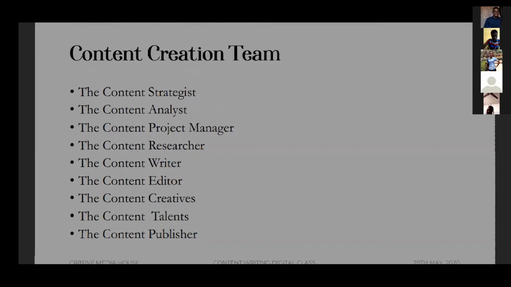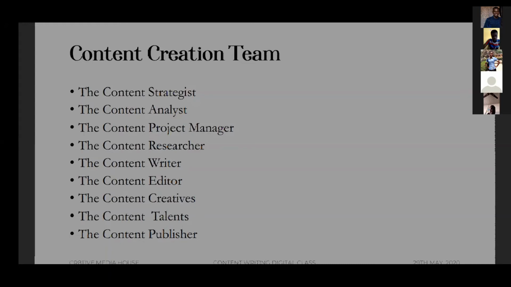Okay, at this point, can I say that here in Nigeria, for those who are in Nigeria here, you would understand that all of these things, and okay, I'm just at the fourth point, the nine points here are usually done by one person. The same person is the one that will do research, the same person would set timelines for himself, and the same person would analyze everything. But in the ideal world, in the advanced world, these jobs are split.